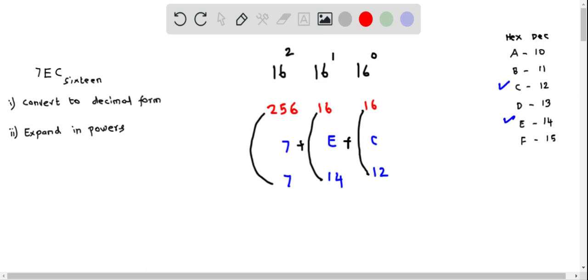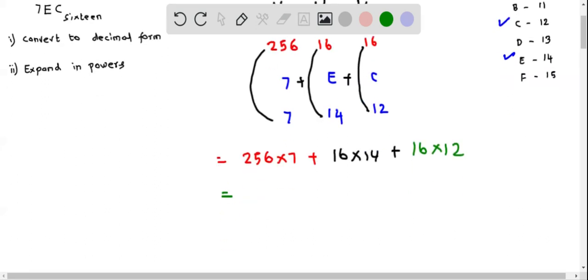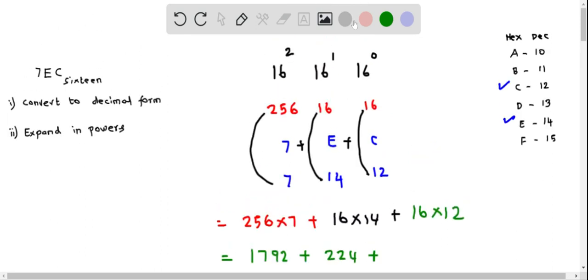So we will have 256 multiplied with 7 plus 16 multiplied with 14 plus 16 multiplied with 12, and this gives 256 times 7 is 1792 plus 16 multiplied with 14 is 224, and 16 multiplied with, I'm sorry,